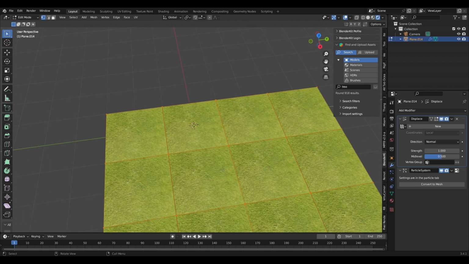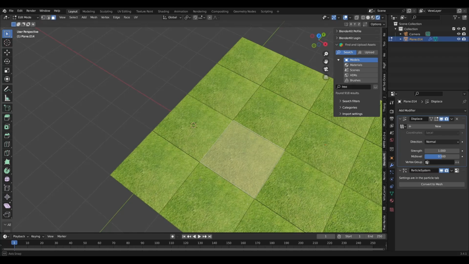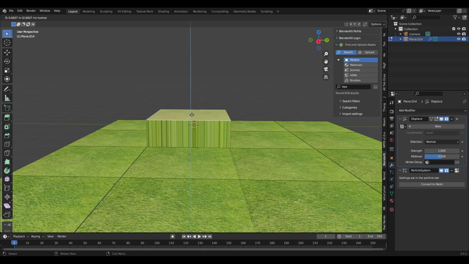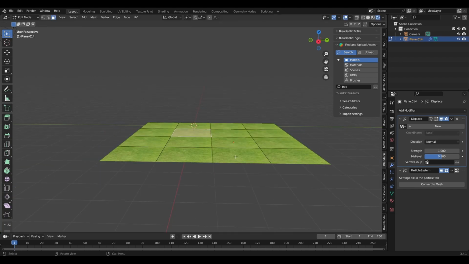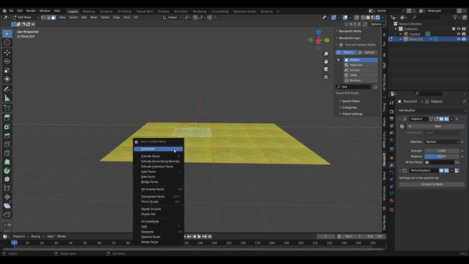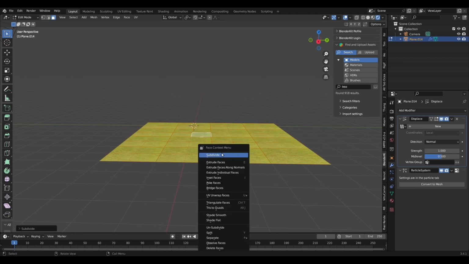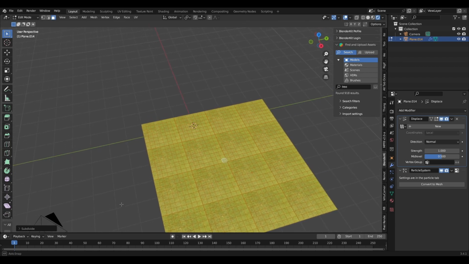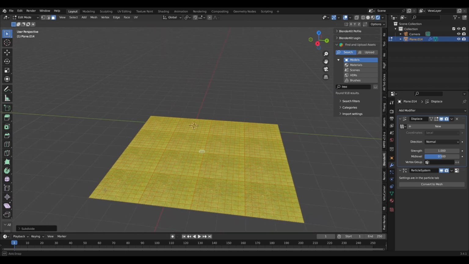But when we go to edit, say if I want to make this hill that we're going to be making in a moment, it's only going to move as the planes, and that doesn't look too natural. So what we want to do is subdivide, subdivide, subdivide. I think that's decent enough for now,